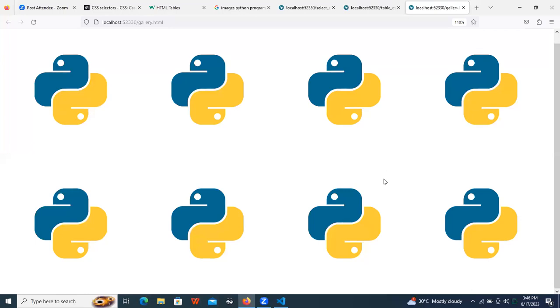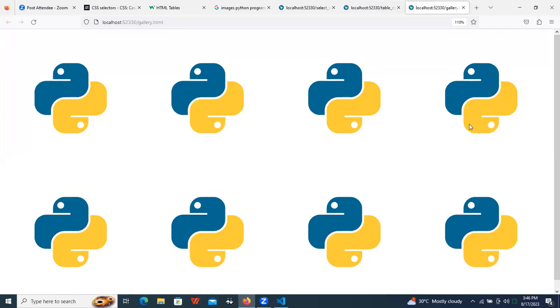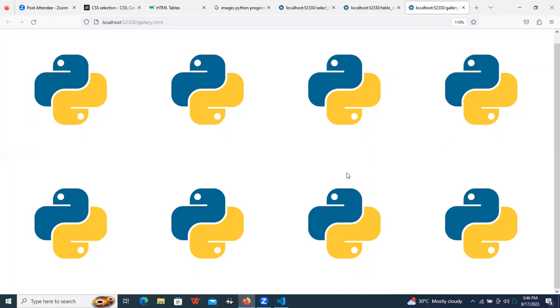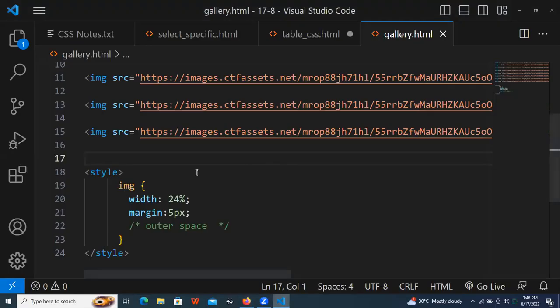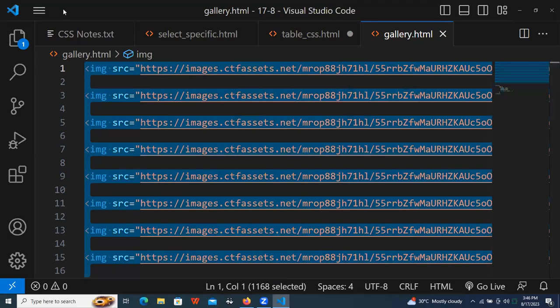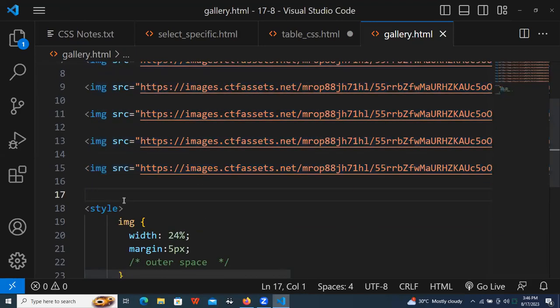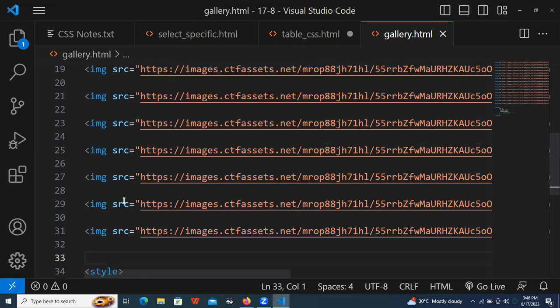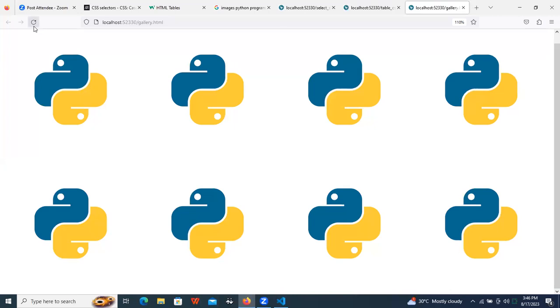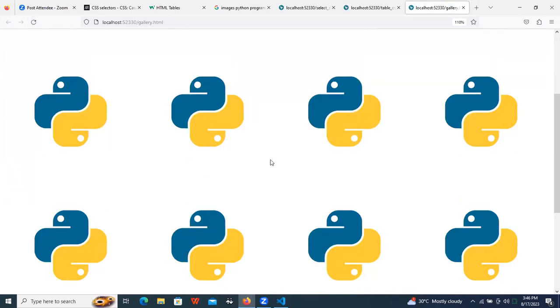What happened? A simple gallery you can see now. Okay, let me copy more and more images. What you have to do is, I will give you one assignment after this session. I have a lot of images now. So this is the